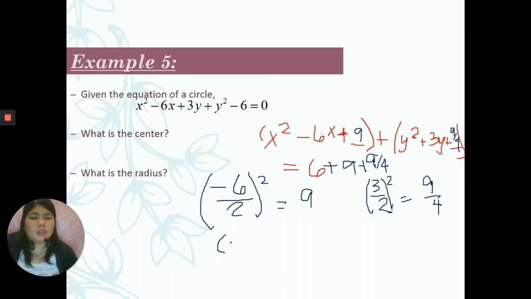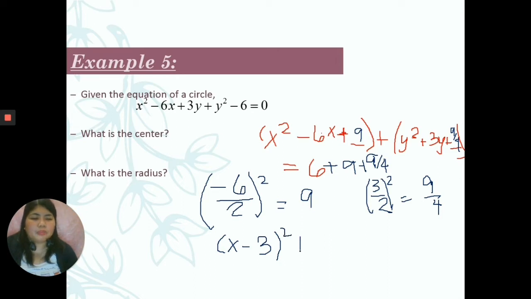The square root of x squared is x, and the square root of 9 is 3. So x minus 3 squared,